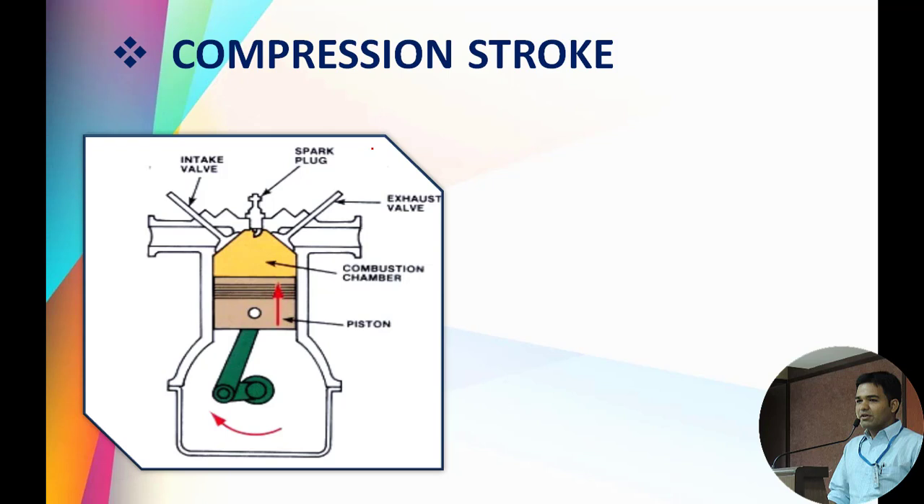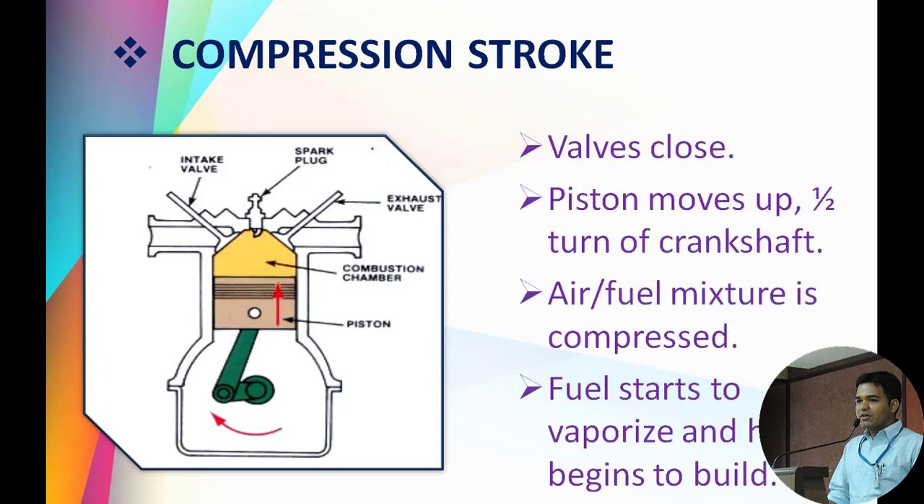Compression stroke. As shown in the figure, during the compression stroke, the piston starts traveling from bottom dead center towards the top dead center. During this movement of the piston, both valves, inlet valve and exhaust valve, remain closed. Piston moves up. That means again the piston is going to cover the distance between bottom dead center and top dead center. That means stroke. So the piston moves up, and during this movement our crankshaft will complete another half turn,